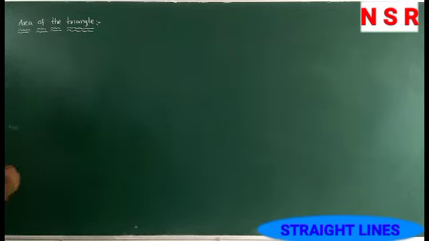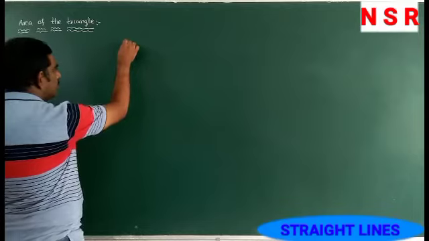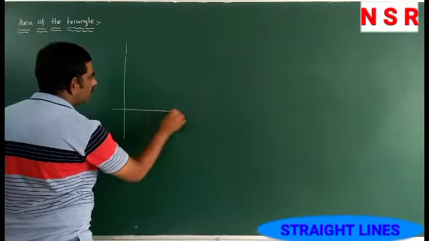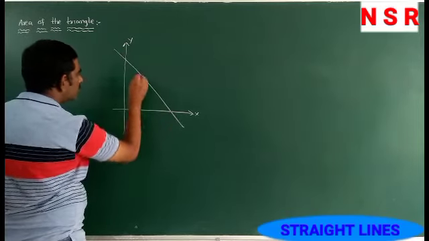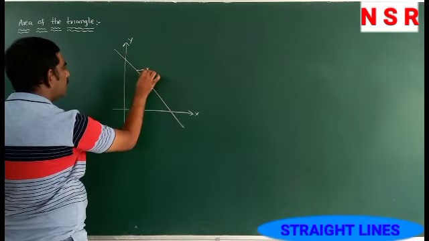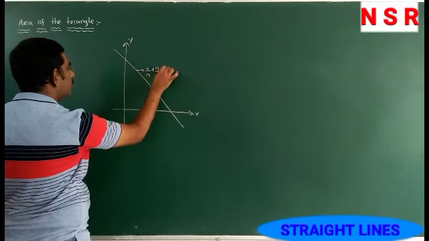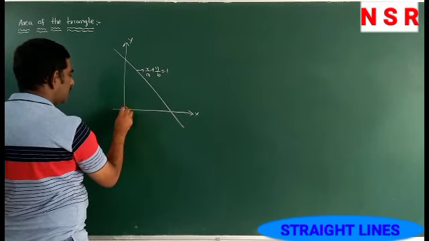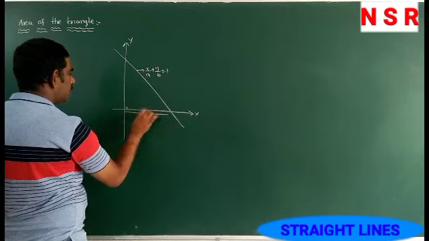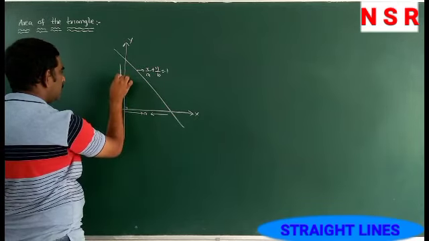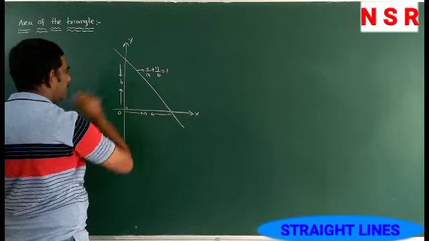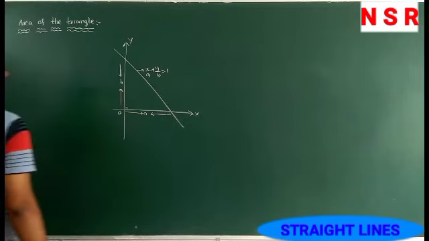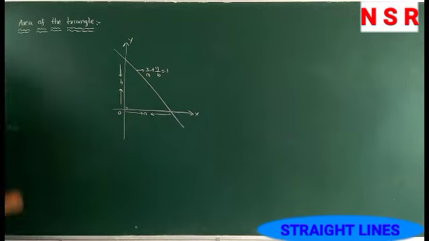Next we have to learn some more forms of a straight line. So next, first one is the area of the triangle. Suppose the intercept line makes one triangle. So this is the intercept line, x by a plus y by b equal to 1. So this is a right angle triangle. Here the distance from the origin is a and here b. So this is the base and height.